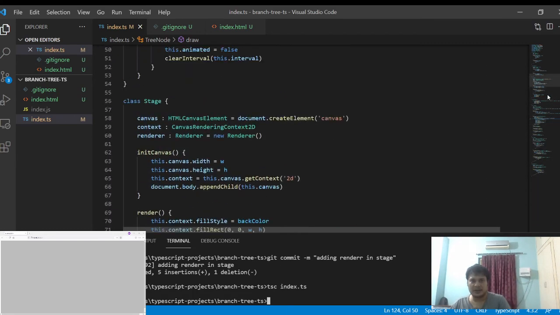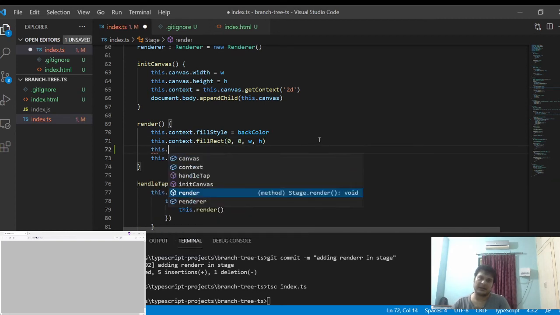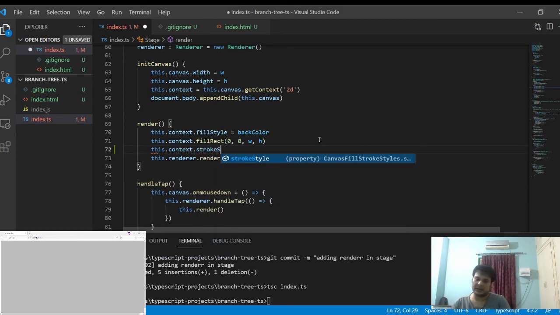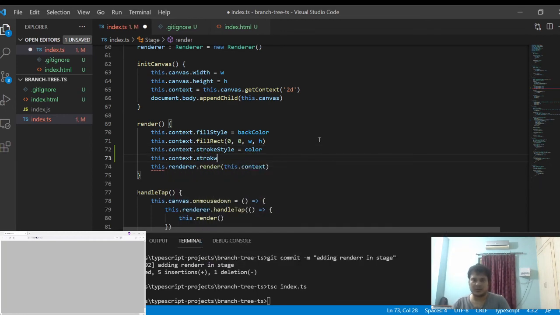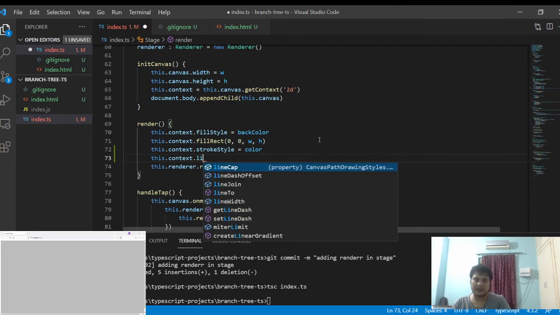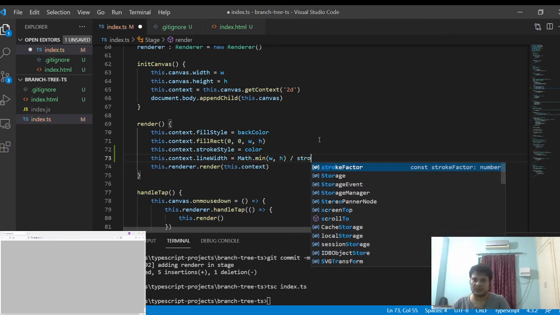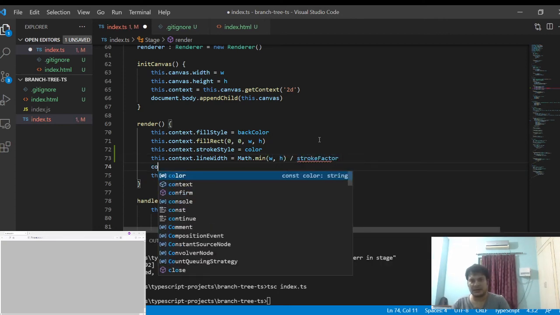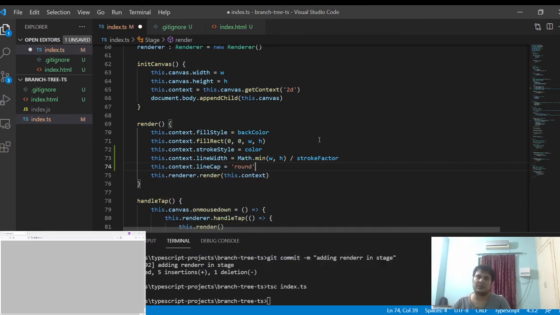Here I also have to specify more things, like the color, stroke style as color, context.lineWidth as minimum of w, h and height spread stroke factor, and this.context.lineCap as round. So if at the end of your line you want a round cap or some other kind of structure, you can define it over here.